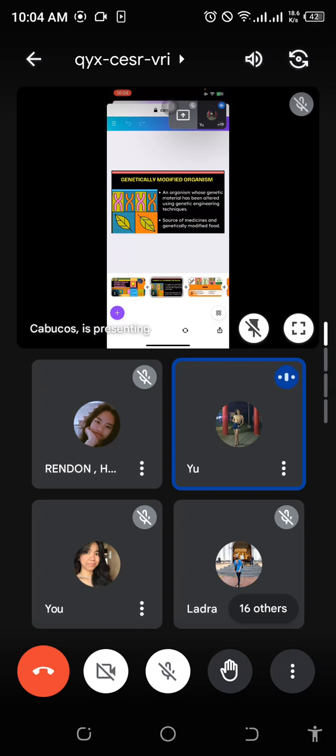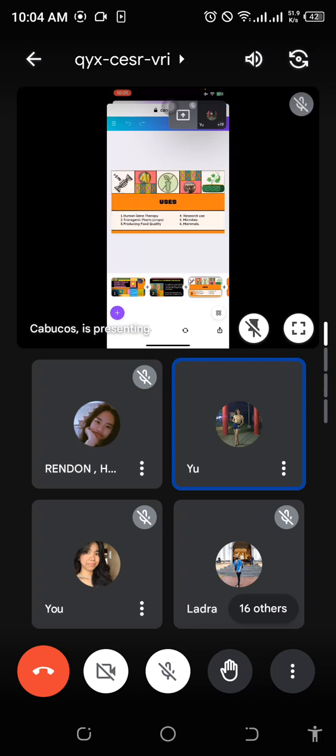So, ang kining GMO, next slide, Day. Thank you. So, ang kining GMO have wide arrays of applications in different fields of biology, such as in human gene therapy, transgenic plants, producing food quality traits, research use, and microbes and mammals. Next slide, Day. Human gene therapy.